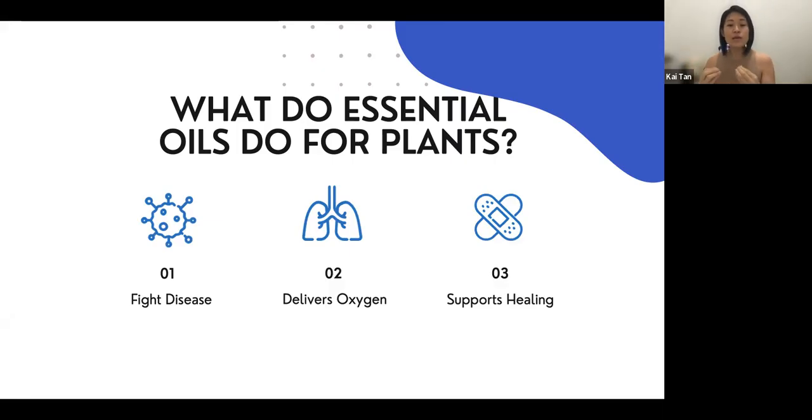They deliver the oxygen throughout the plants, and that allows the plant to survive and to grow strong. And third, these essences also support healing. For example, if you see a plant that got scratched or broken, the essences actually provide the